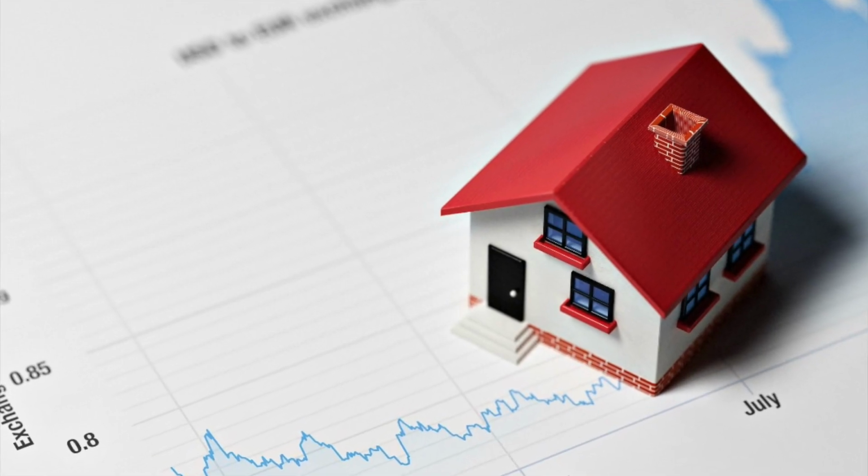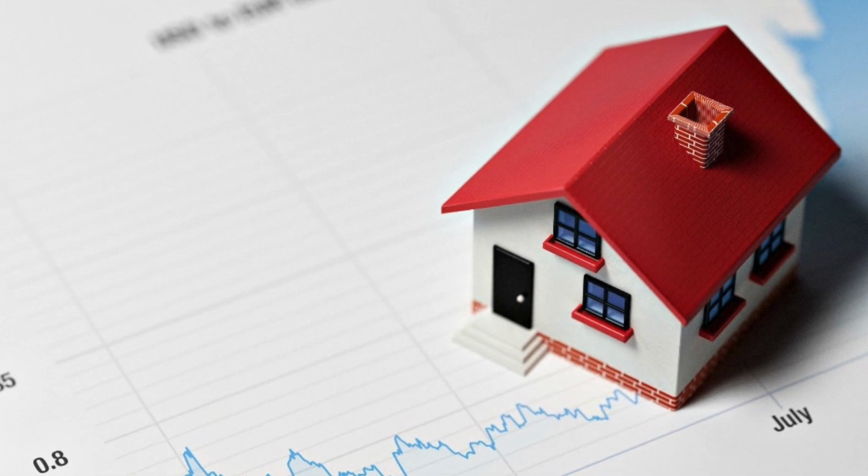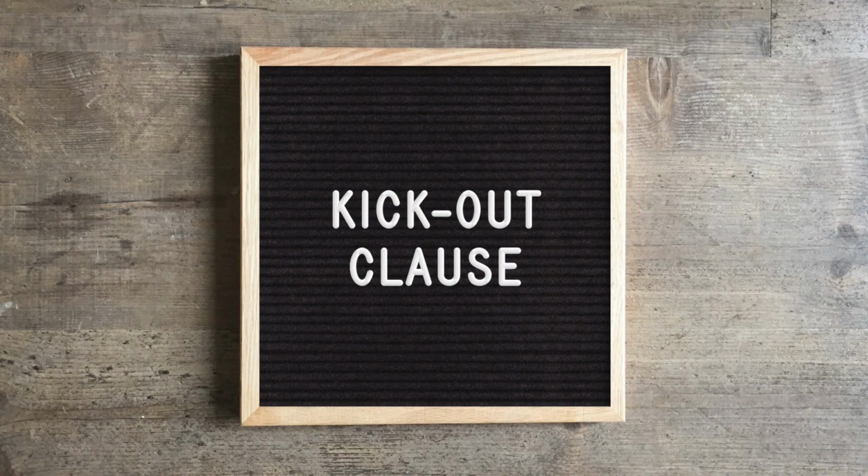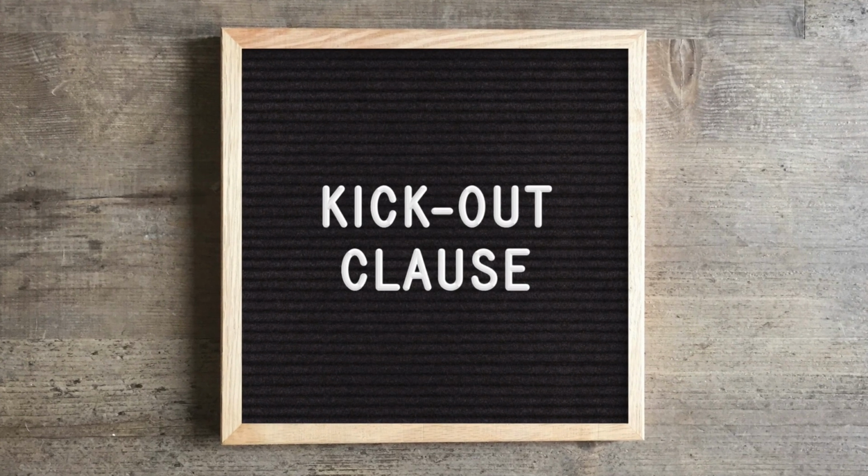A lot of times sellers, however, don't want to take their house off the market for a 30 or 60 day time frame while the buyer is working to get their house under contract. So a good compromise is that you make it contingent upon the sale of your home, but with a 24 or 48 hour kick-out clause. This means that you've got time to get your house on the market, try to get it under contract, and if the seller gets another offer they would like to accept that doesn't have contingencies,